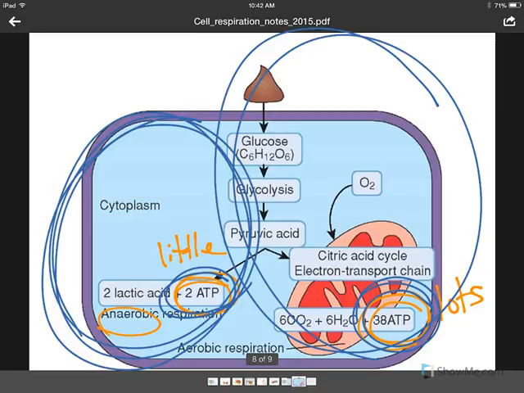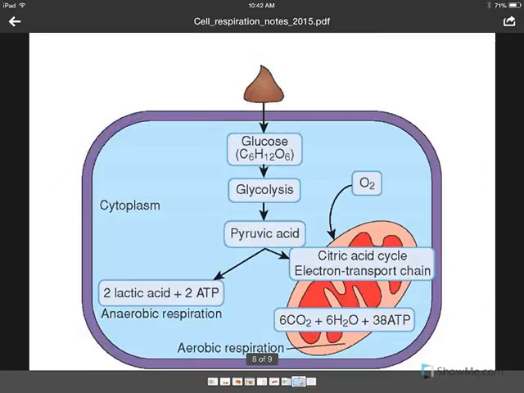So I want to focus on one more thing that happens during anaerobic respiration, and for those of you athletes out there, or if you've ever run, you might be able to relate to this. Yes, we get 2 ATP produced, but we also get something called lactic acid. So think back to a time when you've been exercising and you feel a little bit out of breath and you start to feel this pain in your muscles. You feel a cramping in your stomach, you feel a cramping in your muscles, and what's basically happening is that